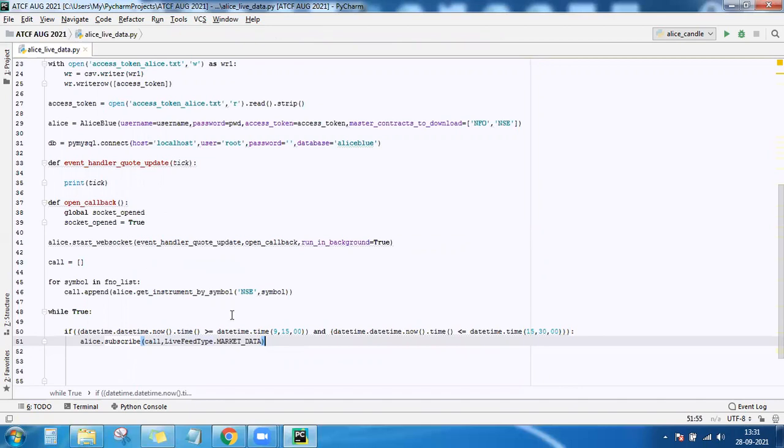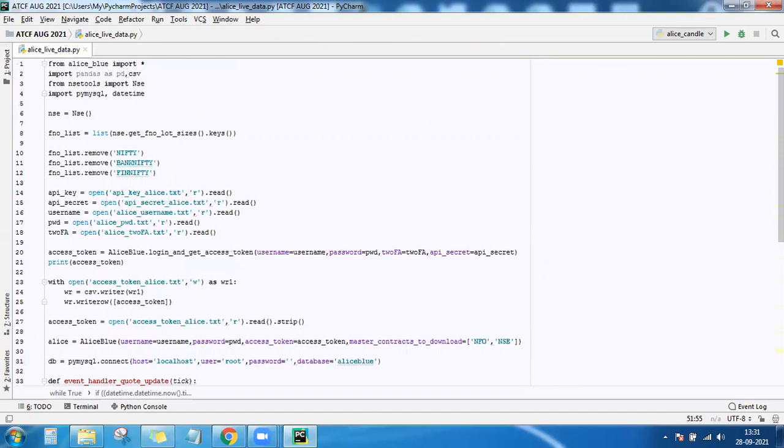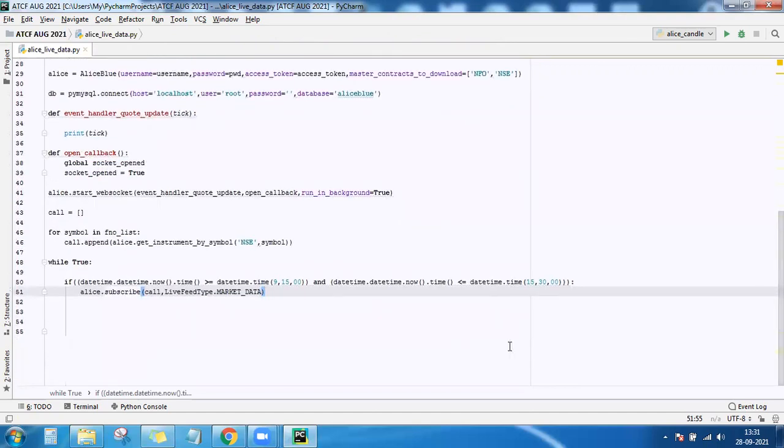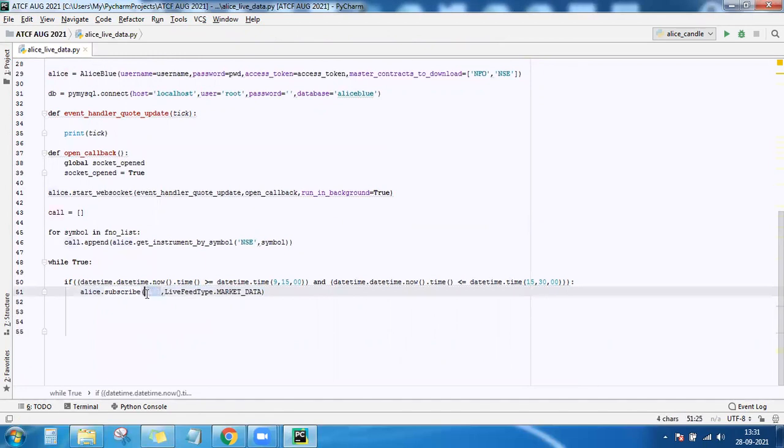So now you are ready for getting the live data. Let us recall all the steps that we have performed till now. The last step that we want to do is subscribe to the list of symbols and tell it what type of data you want. This list of symbols whose data I require, you cannot send as strings. You need instrument objects.